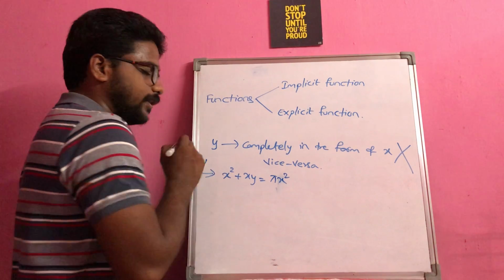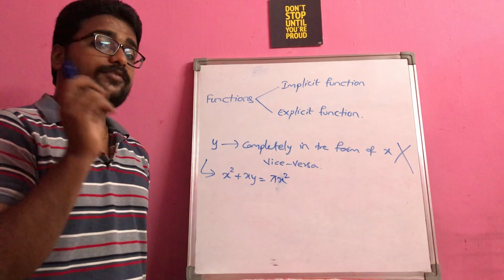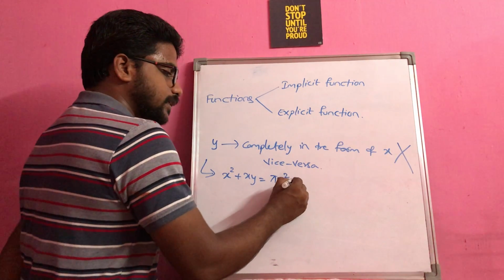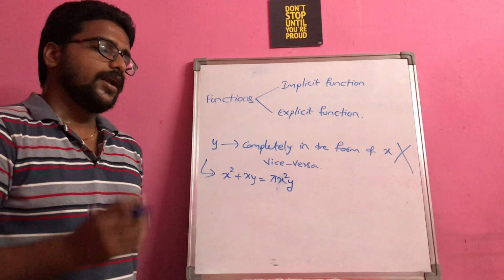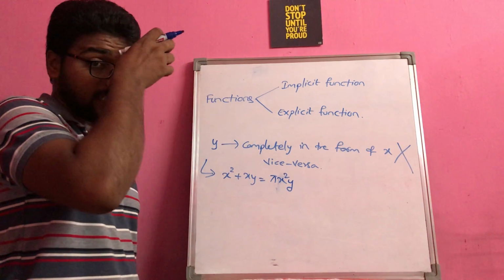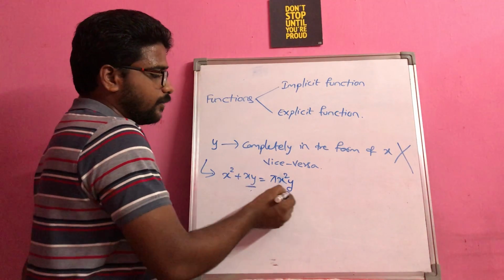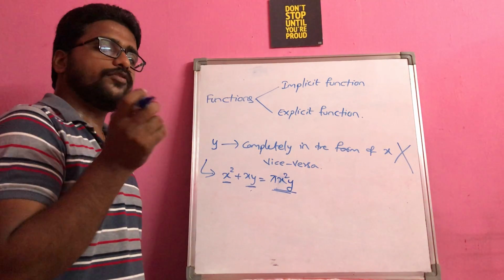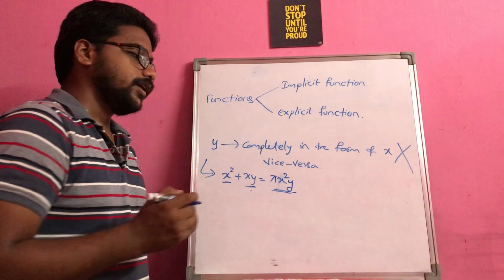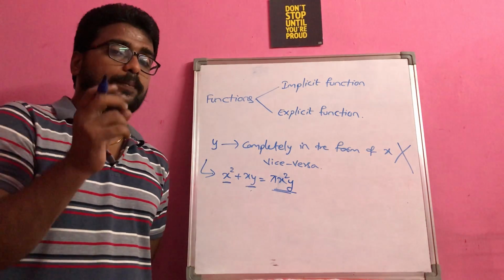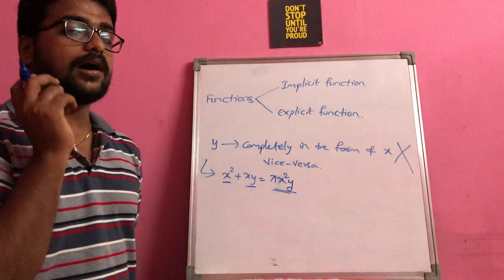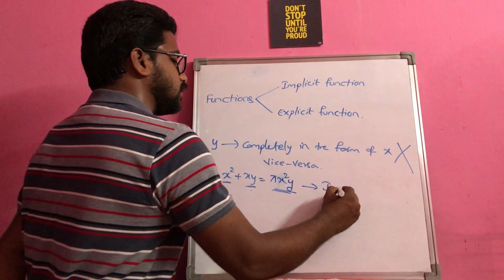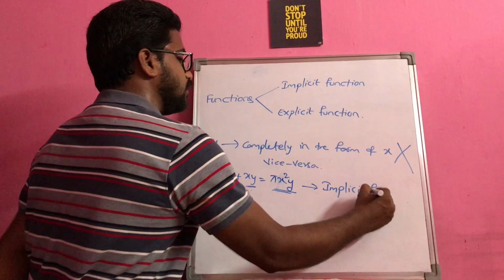If you try to find the value of y, you will get for sure in terms of x. If I take this as pi x square y, now if you go for the further simplification, here you are having a y term, here you are having a y term, but here you don't have a y term. So if you try to find out the value of y or x, you cannot get a pure representation of y in terms of x or x in terms of y. That is why this type of functions are called implicit functions,